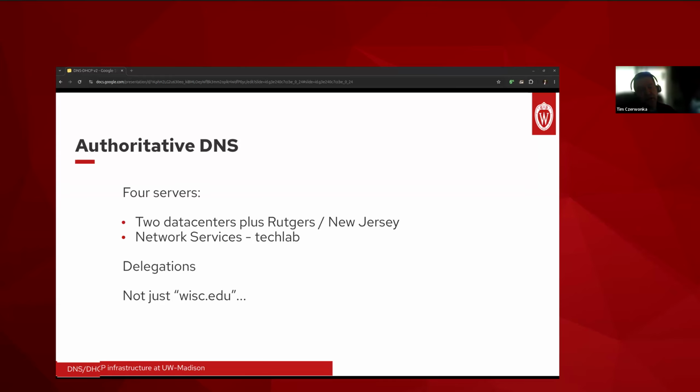Some groups still do maintain their own DNS and DHCP services on campus. That's just yet another delegation in the string. And in that case, our authoritative servers just say, go look over there for the name of the next server to query. And if a department has delegated name service, then the availability and the correctness for those records are up to the folks who maintain those servers.